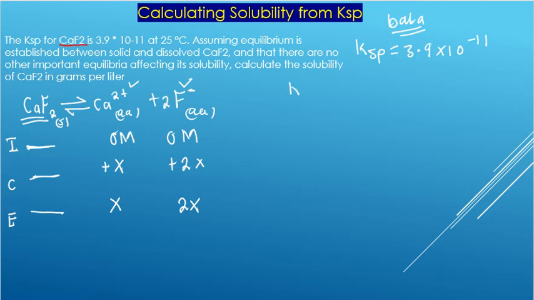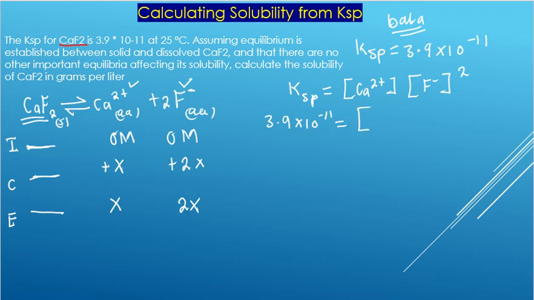Now, notice that Ksp is simply the product of the ions that have been produced. So we have our 2 fluorine here, and of course we put our 2. Notice that we have been given Ksp to be 3.9 multiplied by 10 to the power negative 11. And of course,